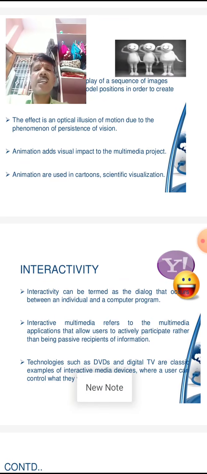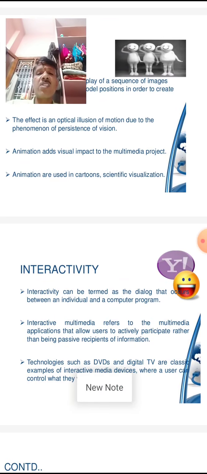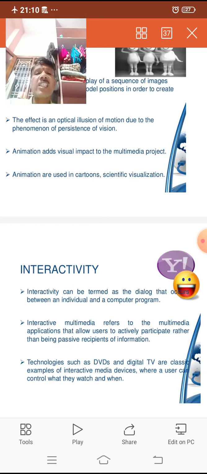Interactive multimedia refers to multimedia applications that allow users to actively participate rather than being passive recipients of information. Technologies such as DVDs and digital TV are classic examples of interactive media devices where the user can control what they watch and when. This is about interactivity.